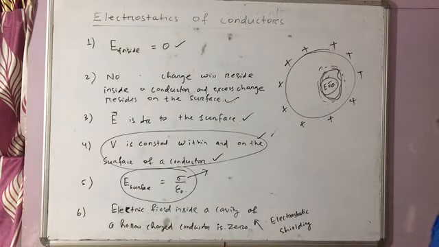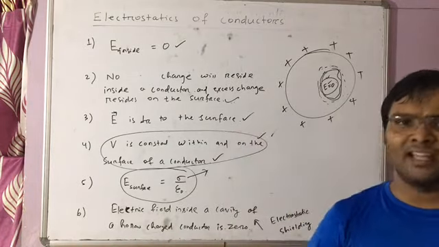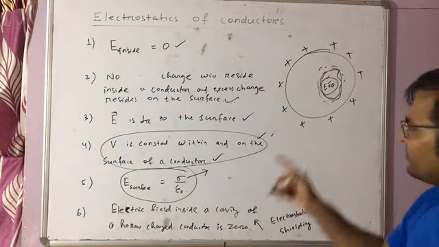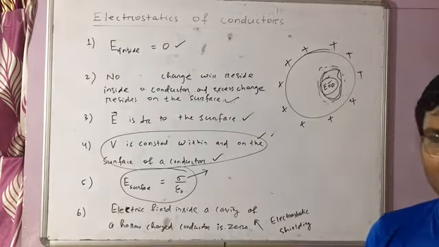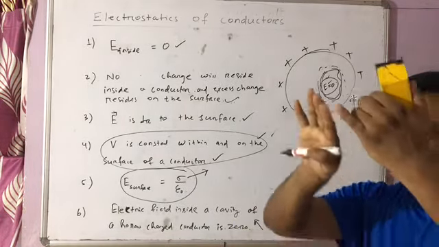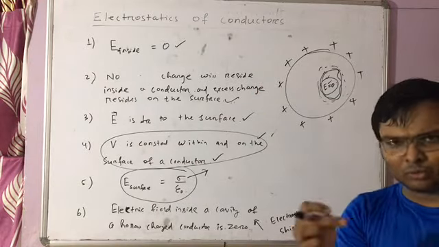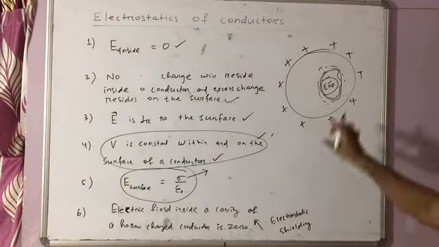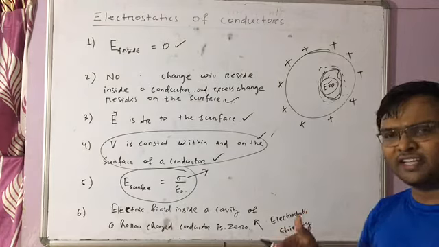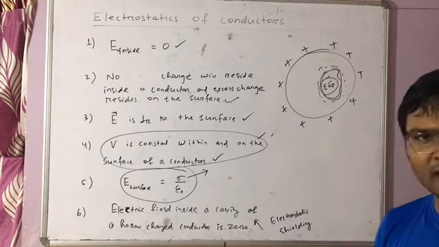Because of this reason, suppose you are moving in a car and lightning strikes your car, because the outside region is a conductor, the flow of charge that occurs there resides on the outer surface. It won't pass through the inner surfaces because of the electrostatic shielding effect, and you are safe. So while lightning strikes and you are moving in a car, you are safe inside because of electrostatic shielding. Thank you.